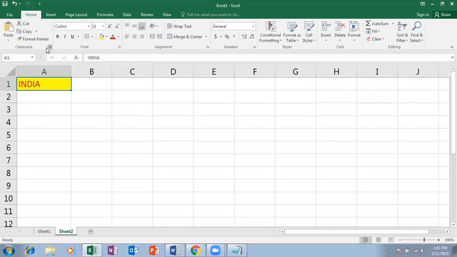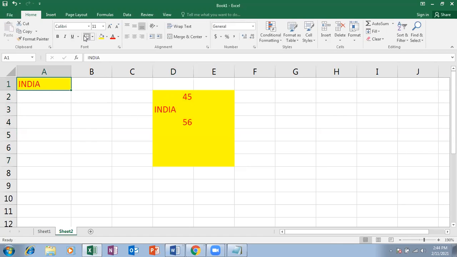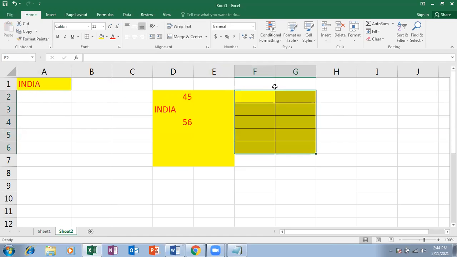So just do a single click on the format painter. Automatically a brush will be carried with your cursor, and wherever I paste in that portion, the formatting will be pasted. And if I write some content, the text also will come in that red color. If I apply a border, single click is for one-time copy paste of the format, like this.